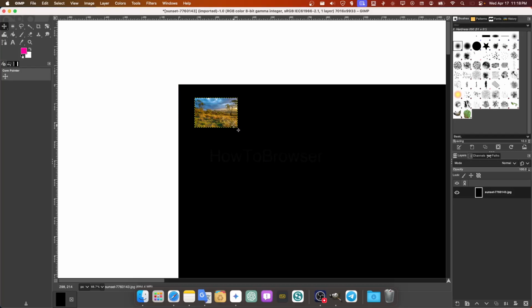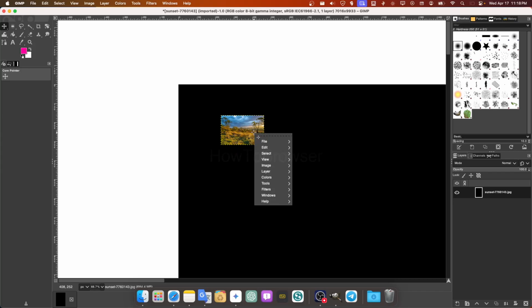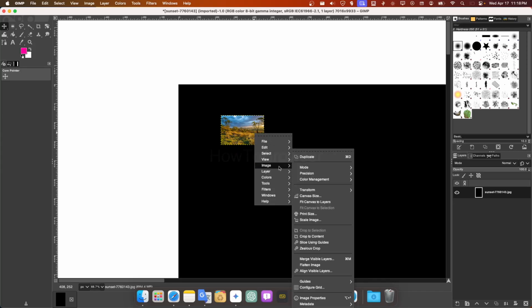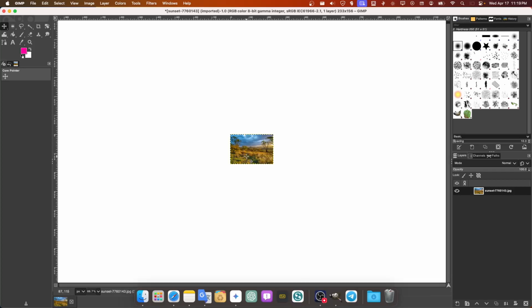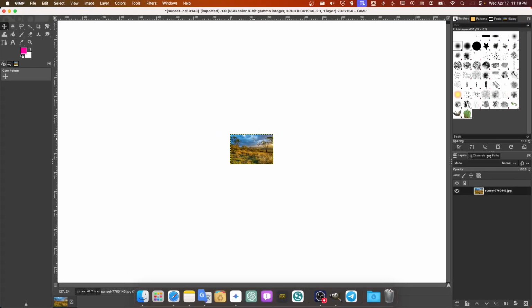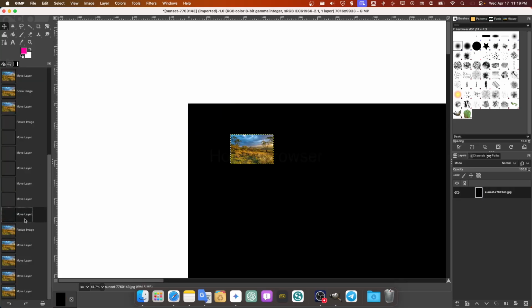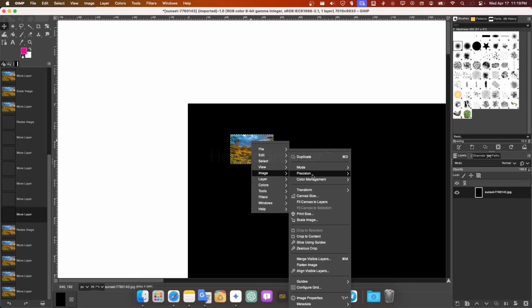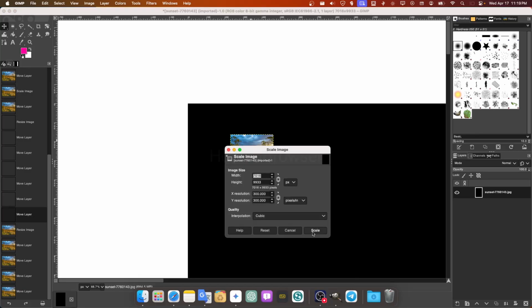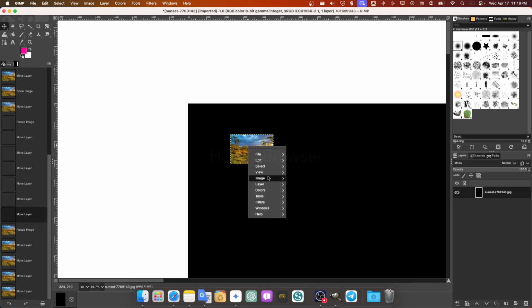So here's the image, and you can also go here and maybe click on Fill Canvas to Layer if that's what you want. That's one solution. Well, you can also go to Image, and then you can scale image, and this is usually